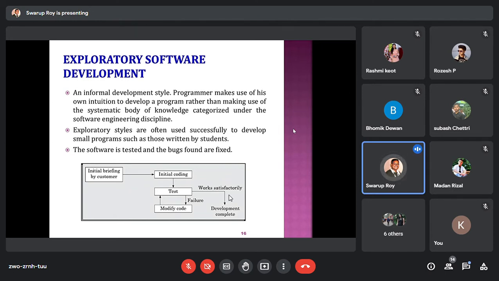They follow a style in such a way that there is very little chance of bugs occurring at a later stage, and if they are detected and fixed, there will be very little ripple effect on the already developed programs or code. That is what is happening in exploratory software development.